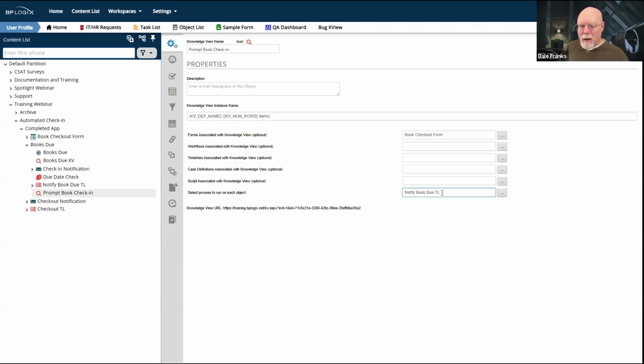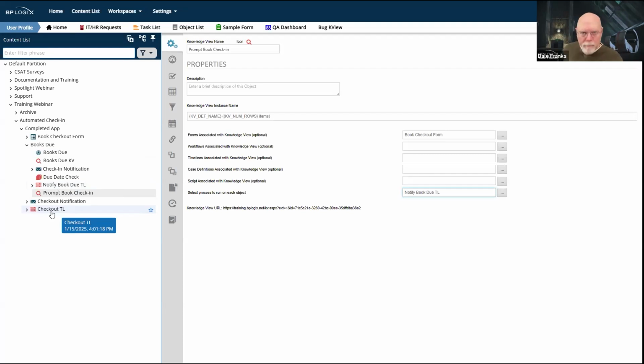Another thing to keep in mind, this is what invokes the process of the notify book due timeline. Now, most of the time, whenever we kick off a process, we kick it off with a form submission. Indeed, that's how our checkout process works. We submit the book checkout form. It automatically starts the checkout timeline. The checkout timeline sends us our notification.